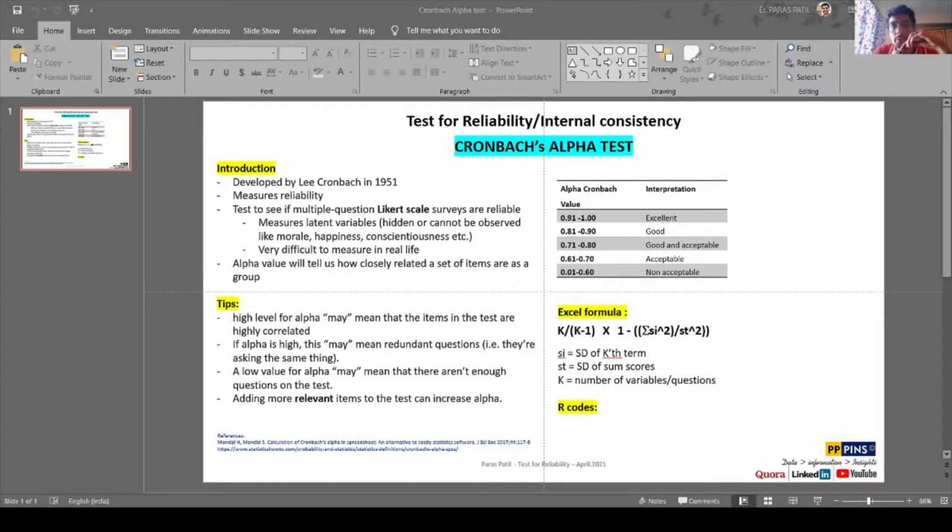This can be done with the help of Excel as well, but in Excel the clicks are a little bit more compared to SPSS, while in R you can do it in very few steps. Both these softwares, Excel and R, are freely available in the market. Now you can see my